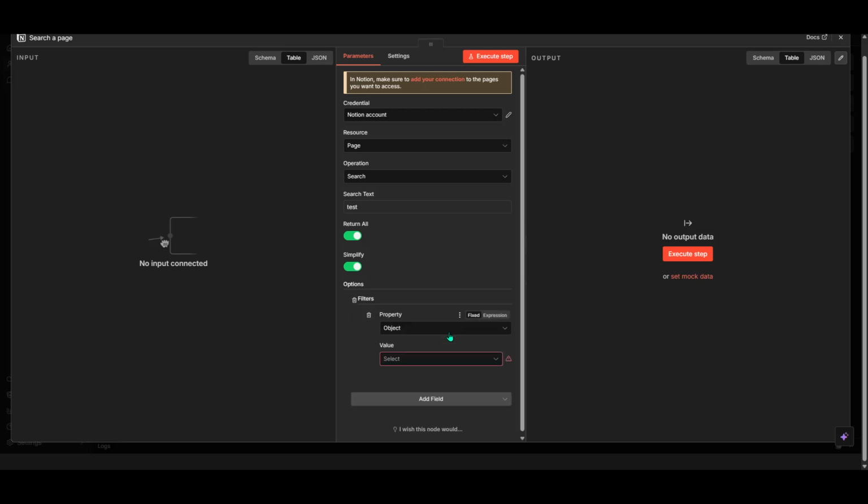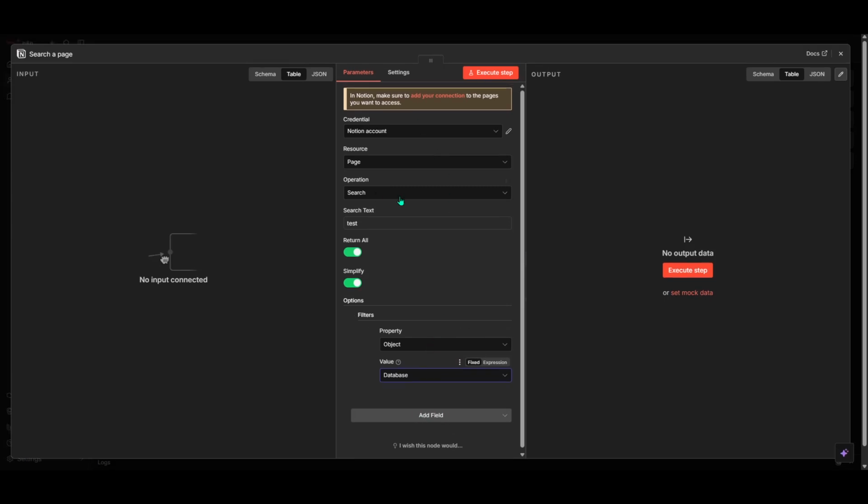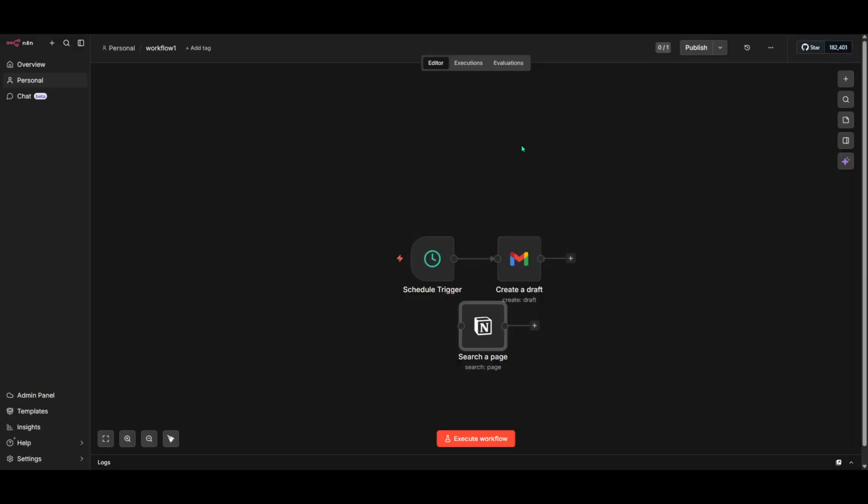That's it. You've added a Notion node, selected the appropriate action, connected your Notion credentials, and defined the parameters that control what gets updated. From here, your workflow can run end to end, and the Notion page will reflect the